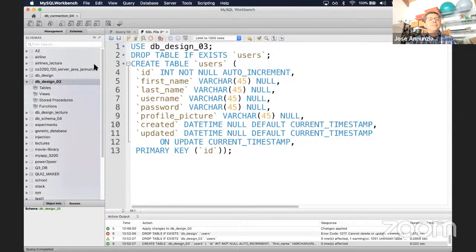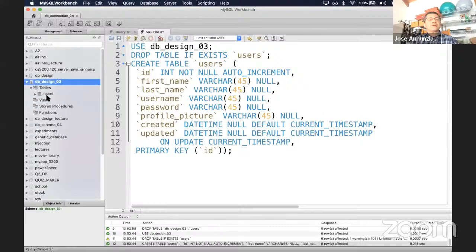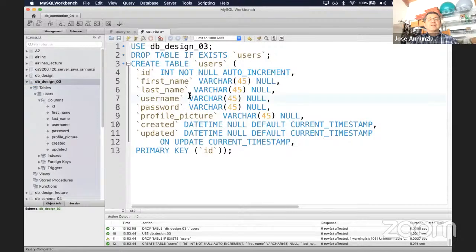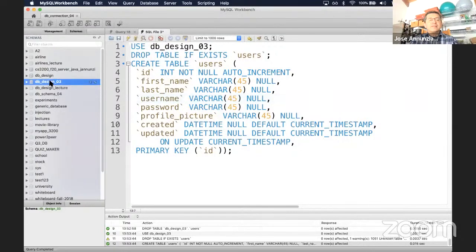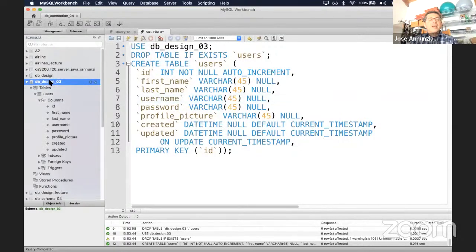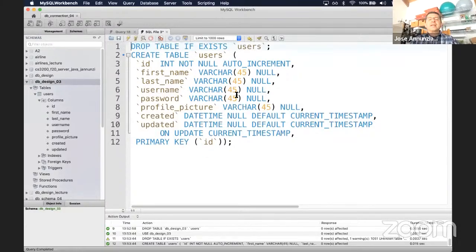There's no table. And if I run this, it creates the table again, hopefully. There we go. There's our user table, okay? And with the columns. So that's good. But because I double-clicked on this, you see it's bold. See that? It's bold and not the other ones. That means that I don't really need the use. I can let it go, and we understand that it's within the context of the current default schema,